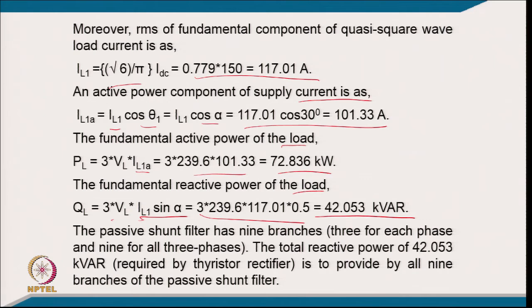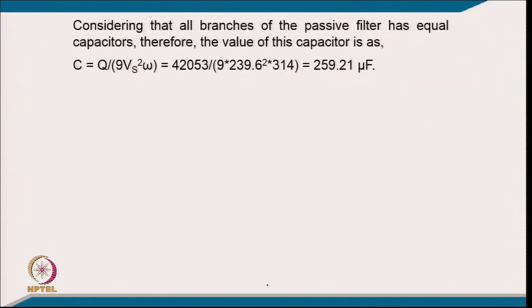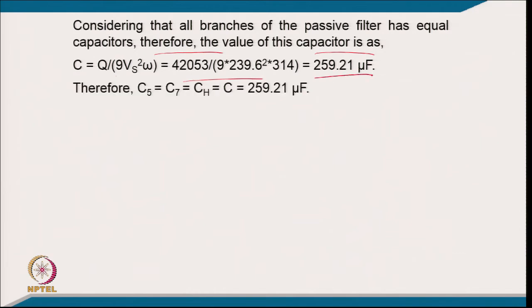The passive shunt filter has 9 branches, 3 for each phase and 9 for all 3 phases, and the total reactive power of 42.053 kVAR required by the thyristor converter has to be provided by all 9 branches of the passive shunt filter. So, considering that all branches of the passive filter have equal capacitors, the value of this capacitor is C equal to Q upon 9, 9 is for the nine elements, putting the value it comes 259.21 microfarad,